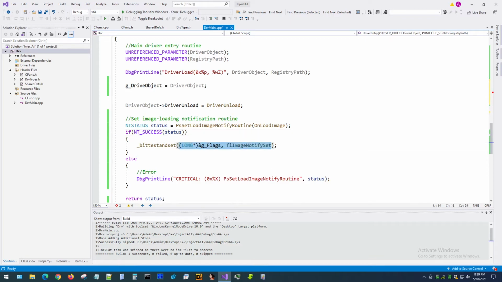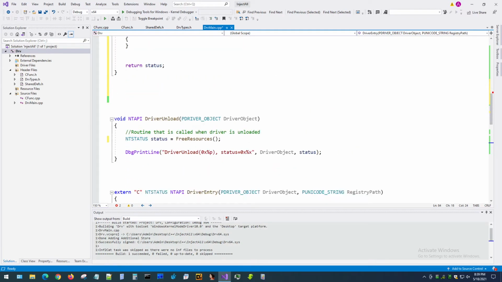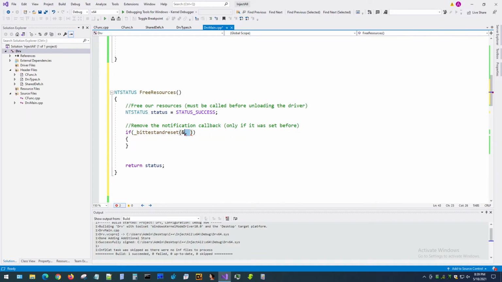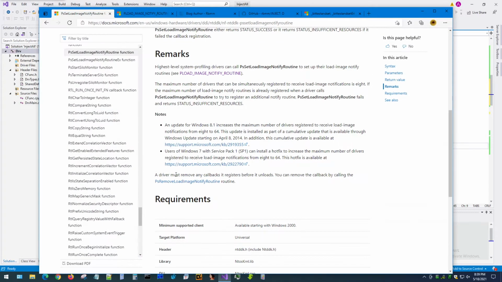We can just copy all of it and paste it here. So what it does, it tests this bit in this value in flags, and if it's set, it returns it, and otherwise it clears it. That's pretty much what it does. It's kind of like an intrinsic operation. So if that bit is set, we can actually call this function,